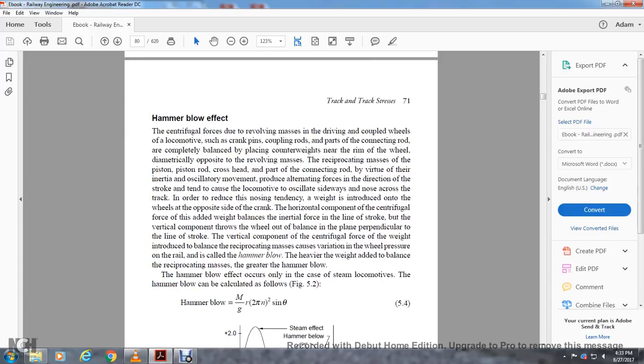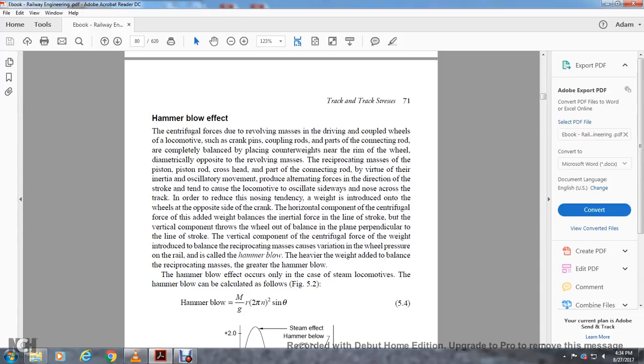The crank pins, coupling rods, and part of the connecting rod are completely balanced by placing counterweights near the rim of the wheel, dynamically opposite the revolving masses. The reciprocating masses of the piston rod, crosshead, and part of the connecting rod, by virtue of their inherent oscillatory movement, provide an alternating force in the direction of the stroke, tending to cause the locomotive to oscillate sideways, nosing across the track. In order to reduce the nosing tendency,